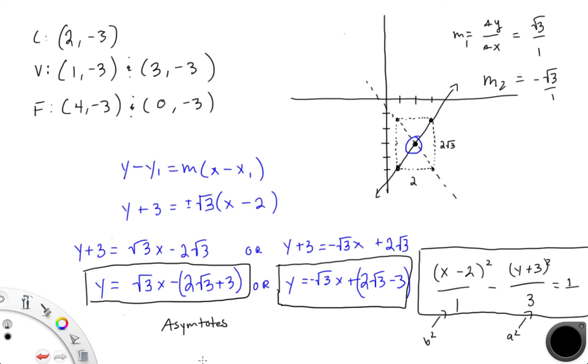The eccentricity. Okay. The eccentricity is always the c value divided by the, wait a second, I better look this up. The eccentricity for a hyperbola